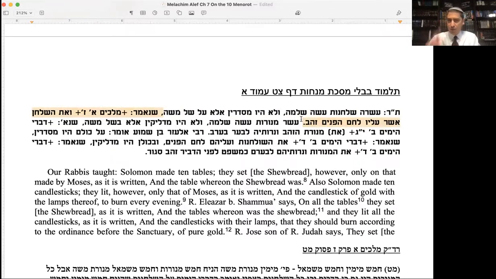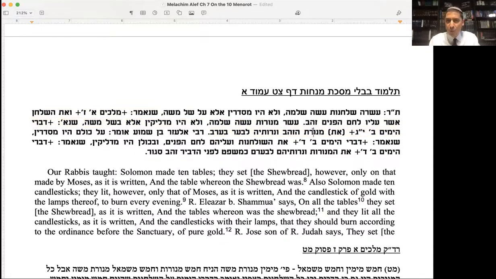Right. So there was a shulchan. They didn't do it for all of them. The others were there to look beautiful. Menorot Shlomo, the only one they ever lit is the one of Moshe. The other 10 were there for beauty's sake. Okay,